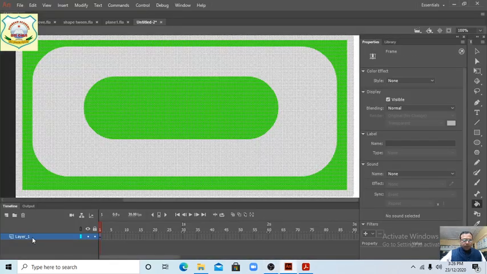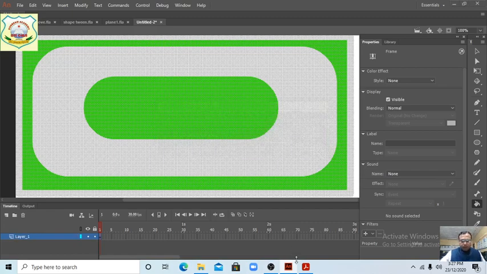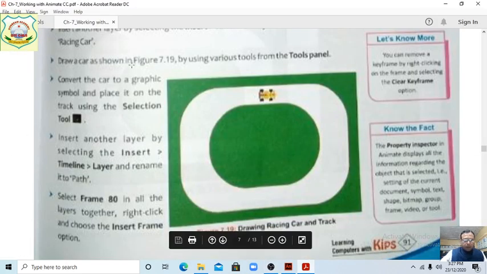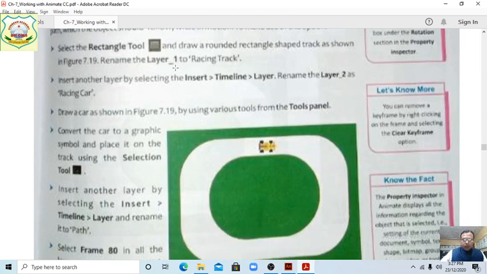Now here we are changing this layer's name. The same thing we will write here: layer 1 is racing track. With the timeline we will add the next layer. The name of this layer is layer 2, but we will rename it racing car.